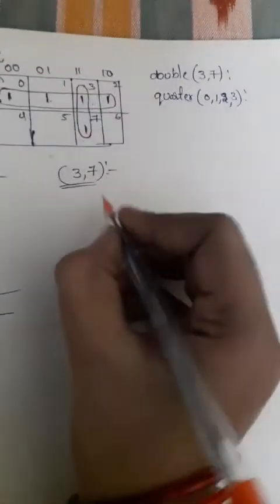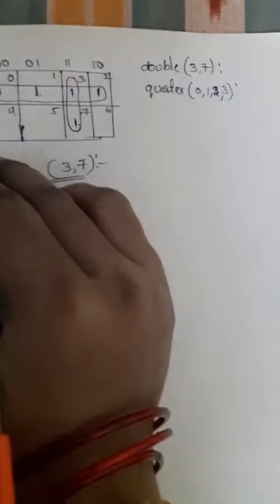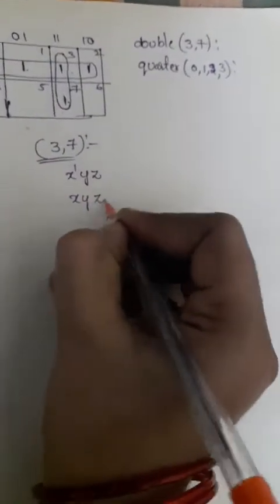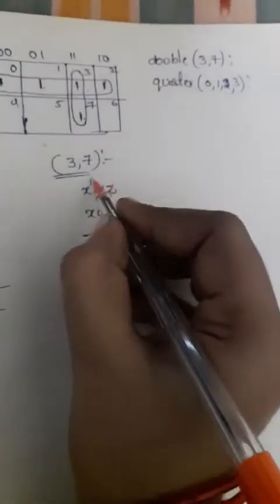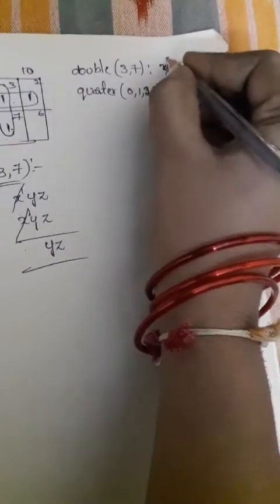Now we'll go for the next one, the double, that is 3 comma 7. 3 is 0 1 1, so we'll get the x complement y z combination, and for 7 all will be 1, so all will be normal: x y z. Here the changing variable is x, so x complement and x will be cancelled. Then we'll get y and z. So the prime implicant result for this double is yz, and for this quarter it is